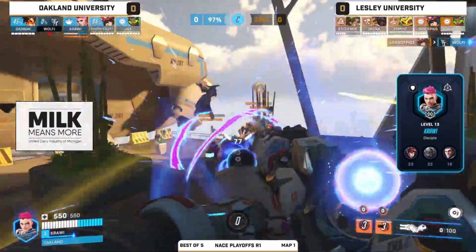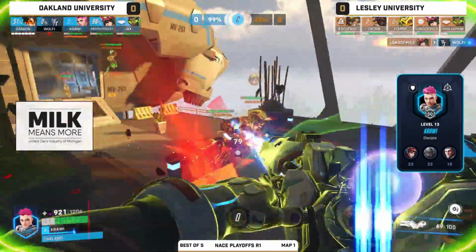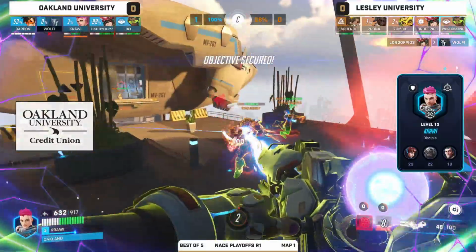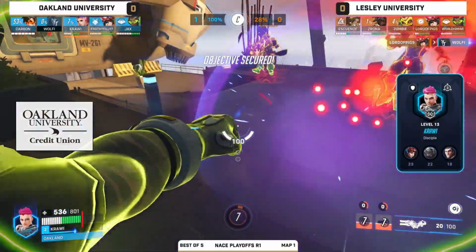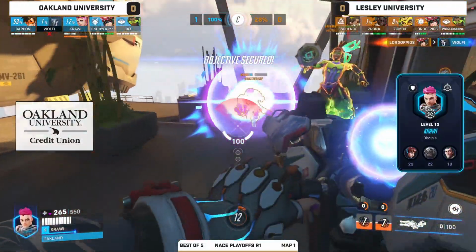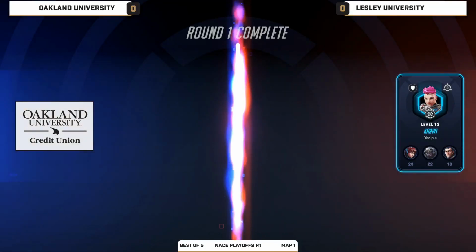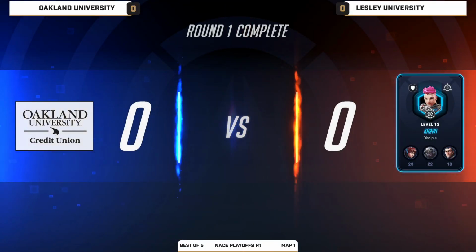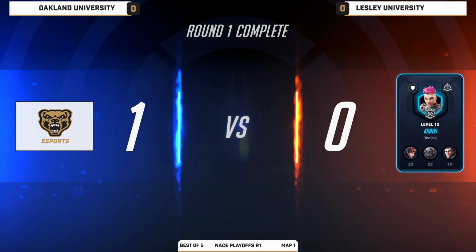There's going to be the grab. Wolfie doesn't get the bubble in time. Beat comes through for Lesley, but it doesn't matter. It's the end of the round. We're going to move on to play number 2. Really good stuff there by Oakland, taking that first round, putting us up at least 1-0 in this best of